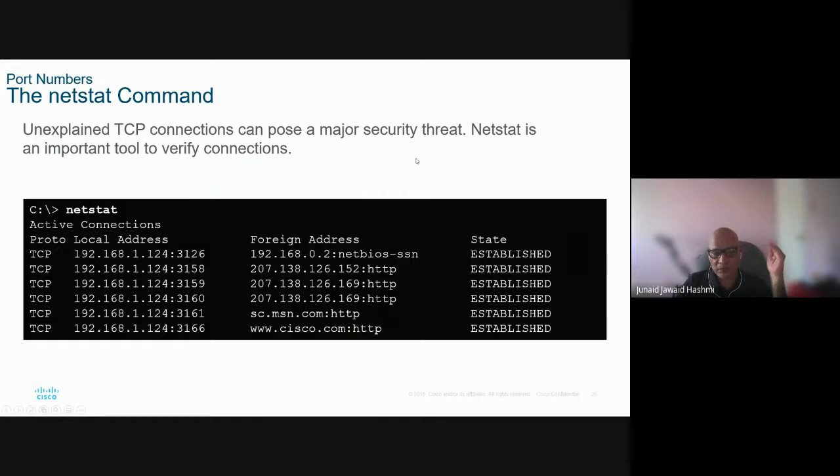So you can go to the Windows DOS prompt and type netstat, and you will see the list of all the established connections with the port numbers. But if you're not connected to anything and you still see established connections, that could mean that you have a Trojan horse